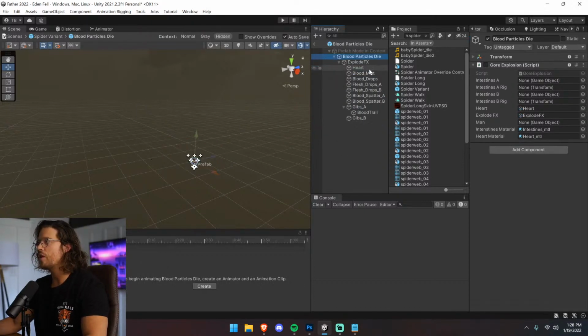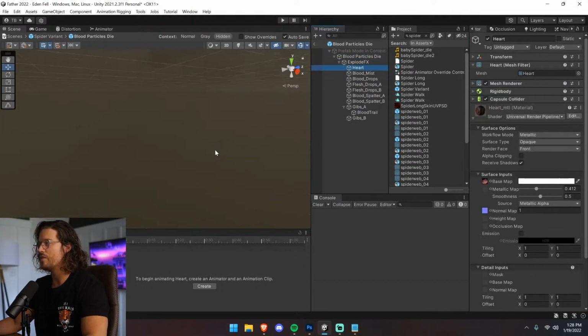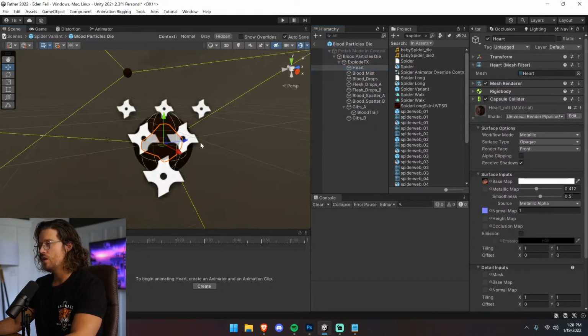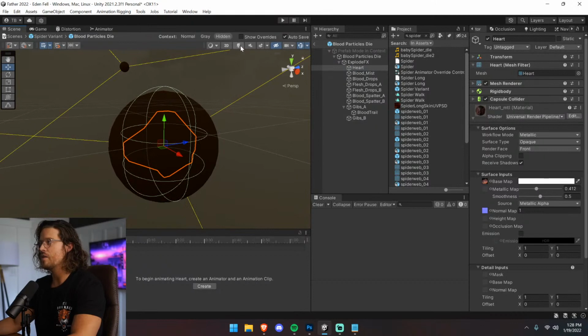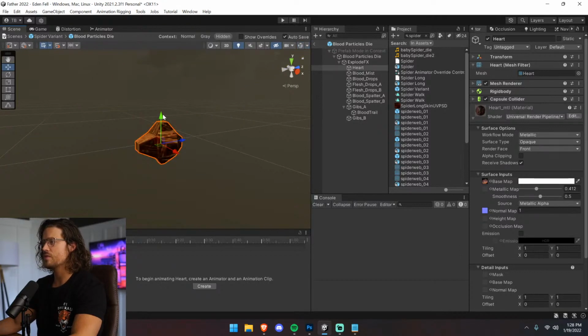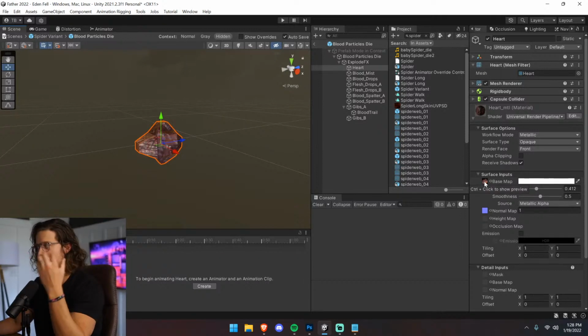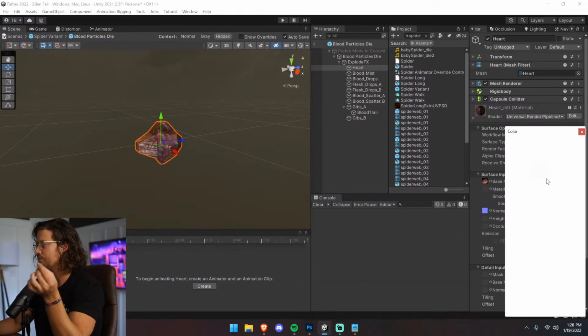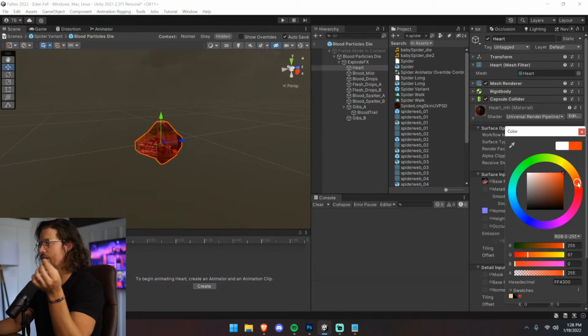All right, let's jump out over to our blood particles and make them beautiful and vibrant and red. Okay, guys? Usually it's a shader thing. So I'm going to turn off the lights currently. Let's take a look at this heart. Turn off the gizmos. Oh, wow. Let's see here. I kind of want that just to be a big old red. Okay? So I'm going to crank it. Look at that. But a little bit of orange because